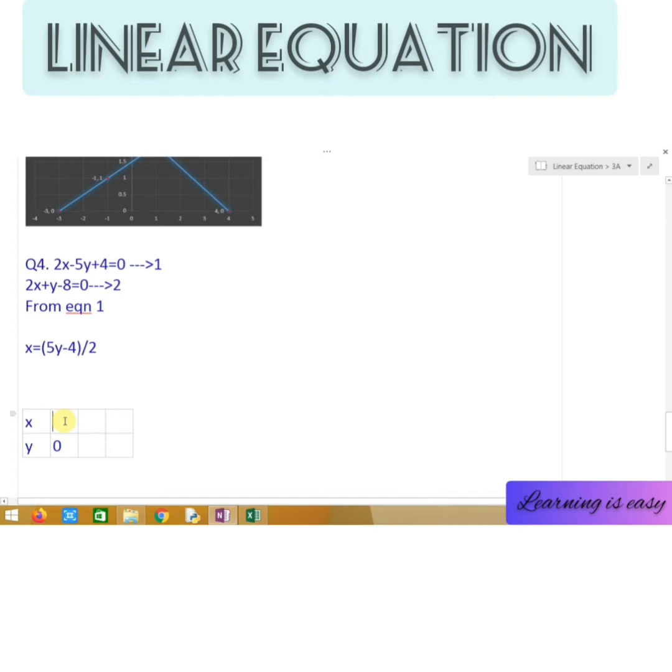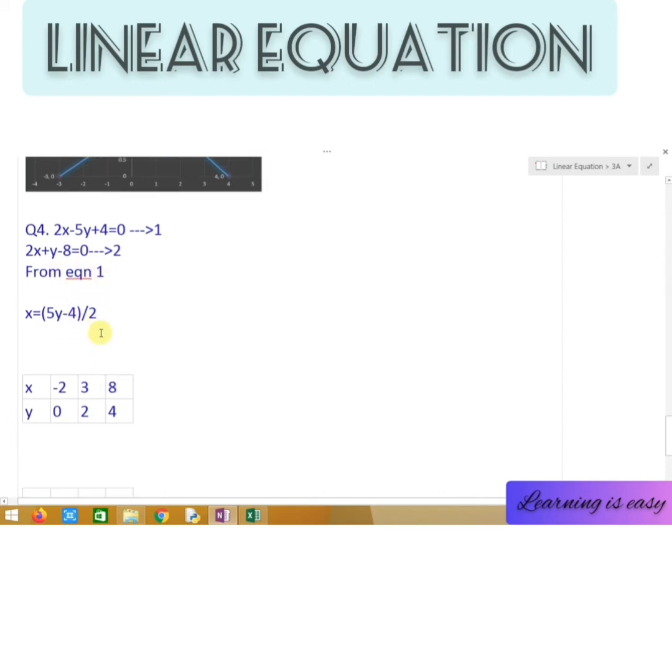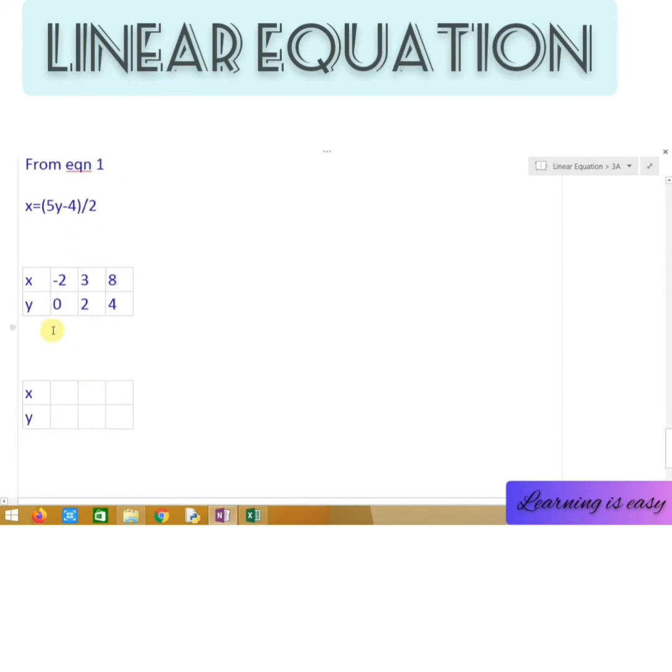So when y is 0, x is minus 2. When y is 2, x is 3, because 5 2s are 10 minus 4, 6 by 2, 3. When y is 4, 20 minus 4, 16, 16 divided by 2, 8 for x. Same way from equation 2,